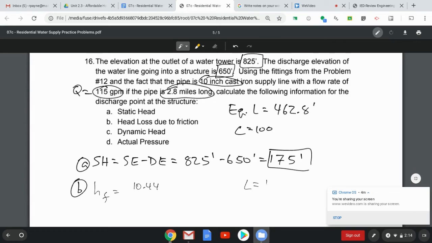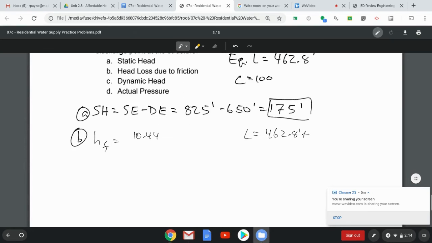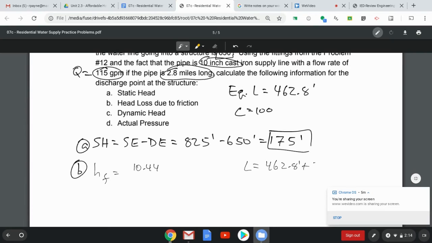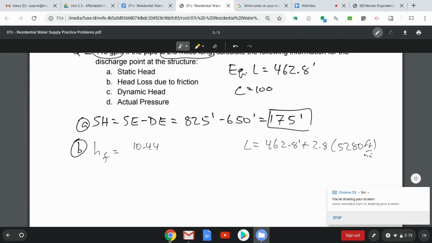L was 462.8 feet, that's for the fittings, plus 2.8 miles times 5,280 feet per mile. So you get a total equivalent length of